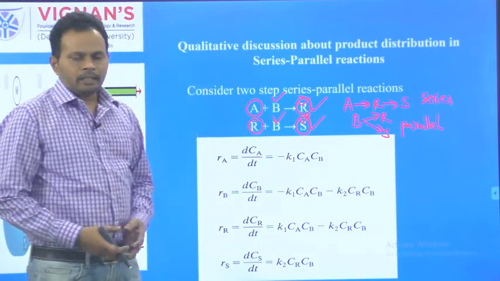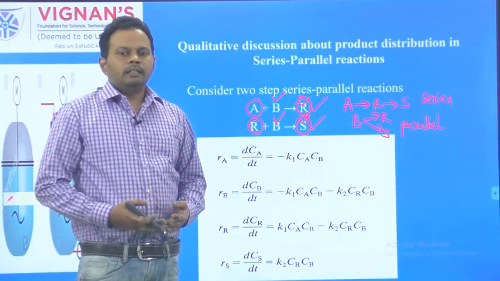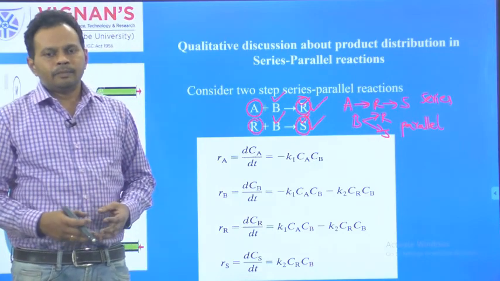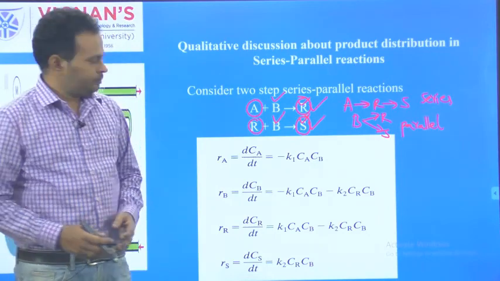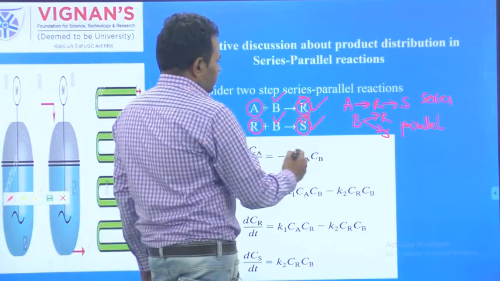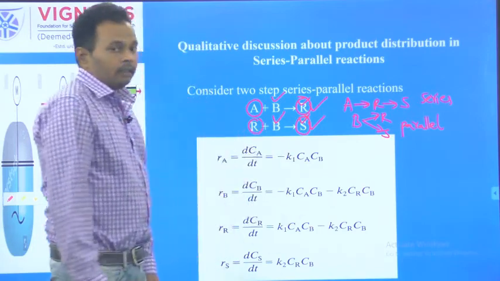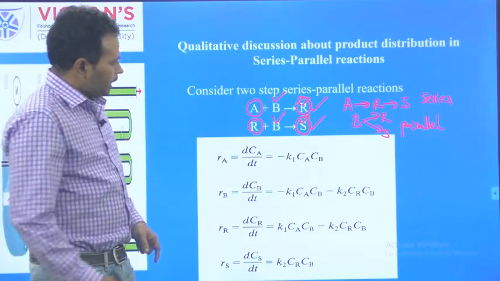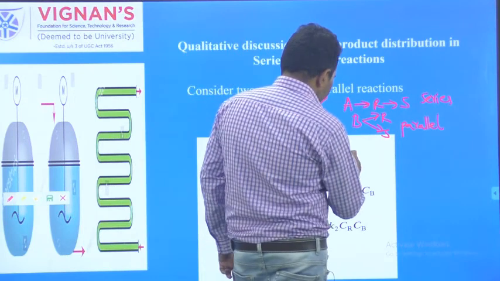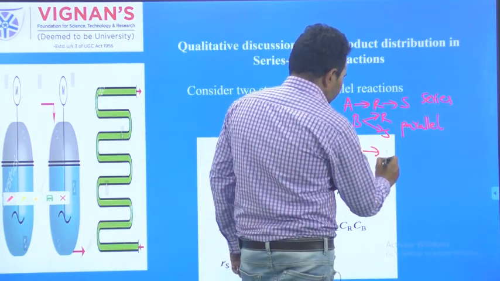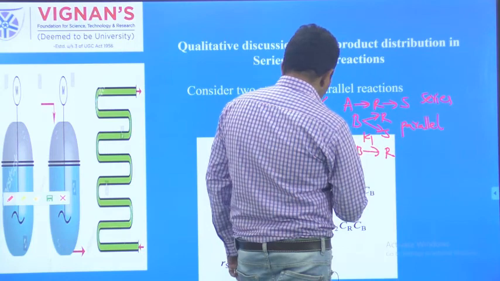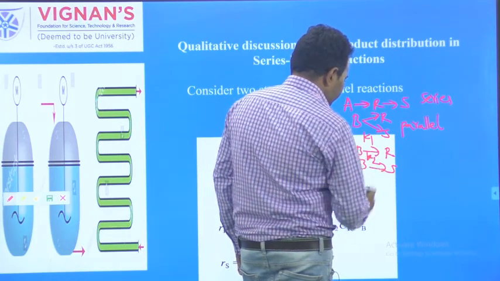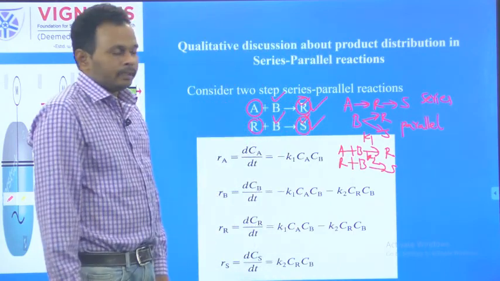Similar to the previous one, here also write the rates of reaction for the individual reacting components to predict the concentration profiles with respect to the time of the reaction. Before you write the rates of reaction for all the reacting components, first write the rate constants. For the first reaction A plus B to R, assume that the reaction takes place with K1, and the second one R plus B to S takes place with K2.